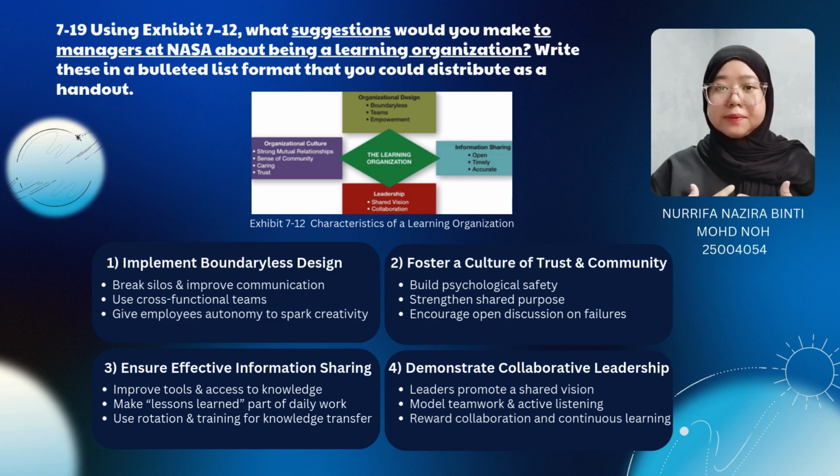Next, fostering a culture of trust and community is essential. People need to feel safe admitting mistakes or asking for help, especially in high-risk work. A shared sense of purpose, like contributing to the benefit of humankind, keeps everyone aligned. Open conversation about challenges and failure turns mistakes into valuable lessons for improvement. Third, effective information sharing is key. NASA should ensure tools, video libraries, and case studies are accurate and accessible. Integrating the lessons learned process into daily work helps prevent repeated errors, and training or rotating programs spread knowledge quickly